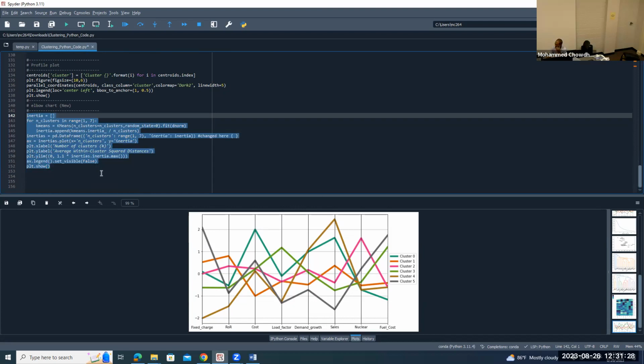Suppose you are not familiar with hierarchical clustering. Instead, you are familiar with k-means clustering. So from the data, how can you determine how many clusters you should use? This chart is known as the elbow chart. How can you do the elbow chart? For the elbow chart, you have to run the code lines 142 to 152. So if you run this,